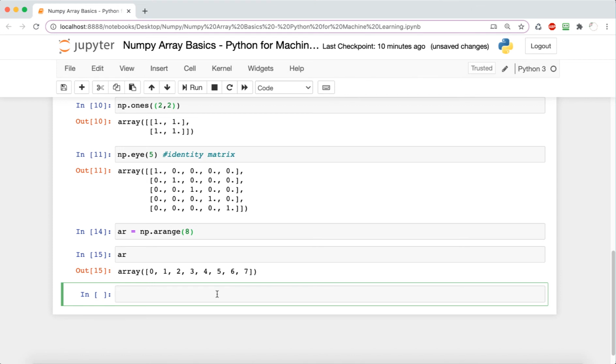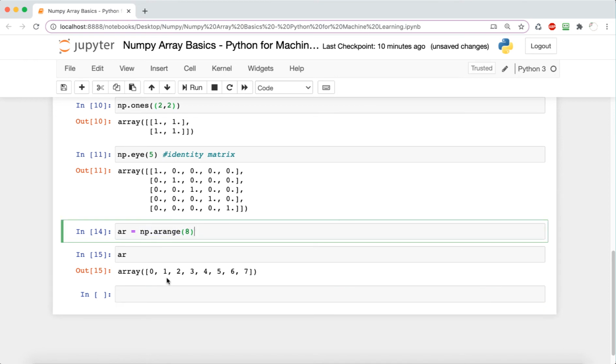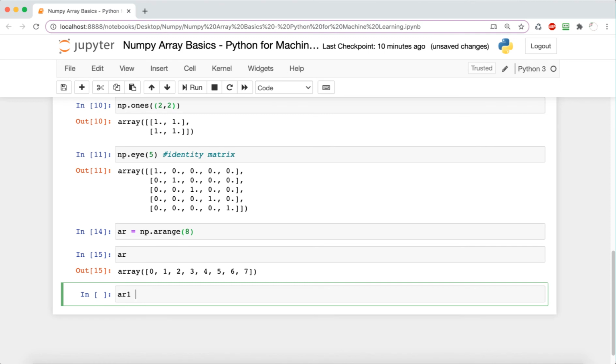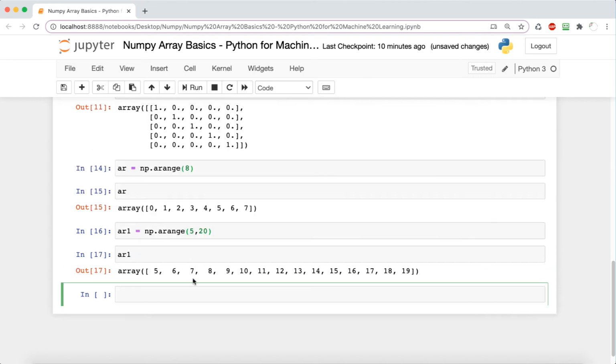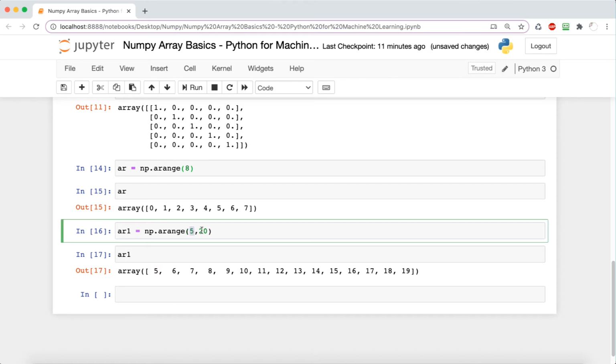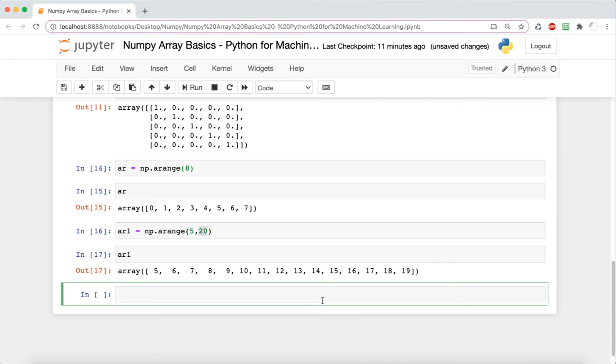So the next thing we're going to look at is the same function, but with 2 parameters. And this one is basically going to start at the value you specify and end at the value you specify. So the first number in your parameter is going to be the initial starting number, and the last number is what you stop with in your array. And what this is going to do is it's basically just going to create an array of whatever length it takes to get from the start to the end. And it's integer based, so it just goes number to number until it reaches the end.